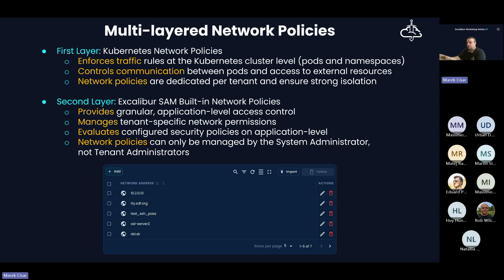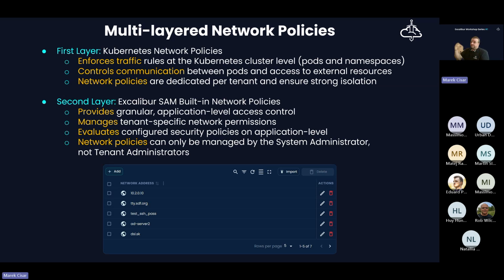For example, each division or business unit of the organization is allowed to access only specified parts of the network segments, or maybe some isolated networks as well. That's the reason why such functionality is available in the form of network policies in the Excalibur SAM.